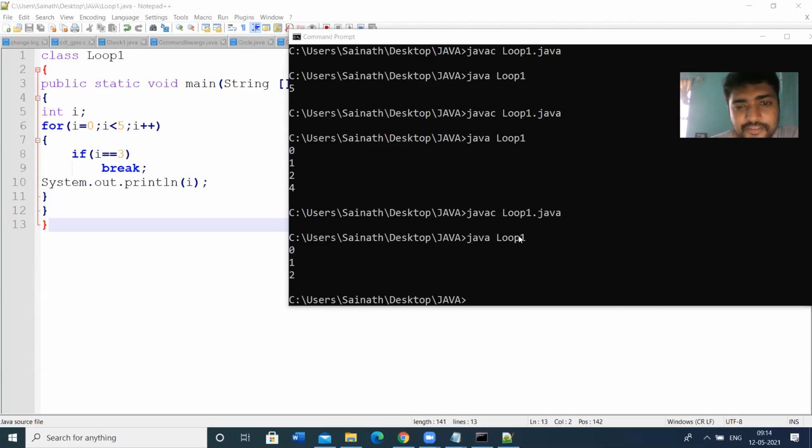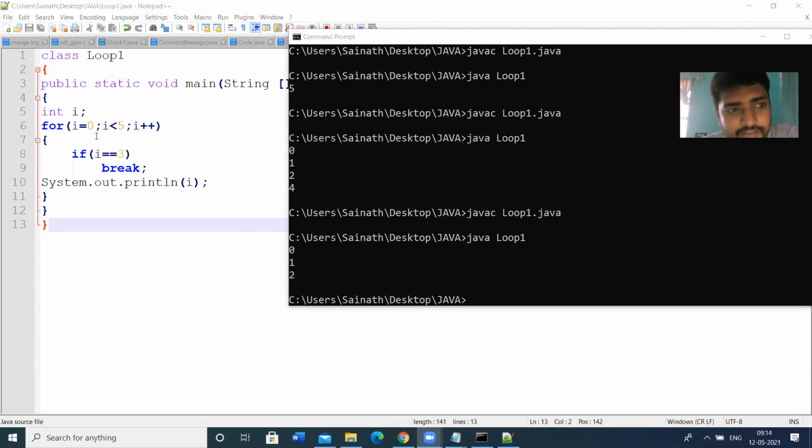Yes, 3 will not be printed. Only 0, 1, 2 will be printed. So why? Because let us check this.